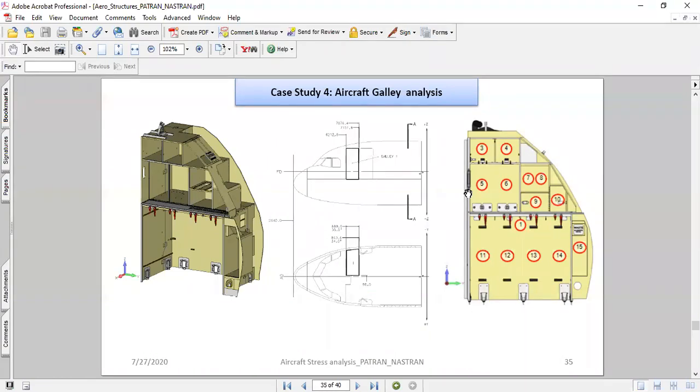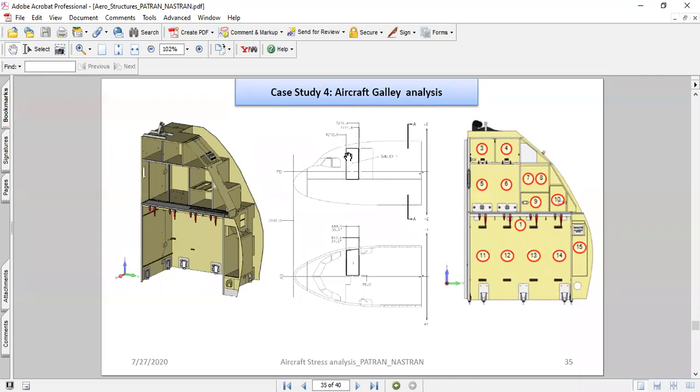And the last case study I'm trying to show is the galley interiors, the aircraft interior structure, which is the galley structure. Typically, the aircraft interior galley monuments are composite structures. These are glass fiber reinforced plastic, GFRP, plies we use. Mostly they are honeycomb sandwich panels. We use 3 PCF, 3-pound core and 4-pound core.